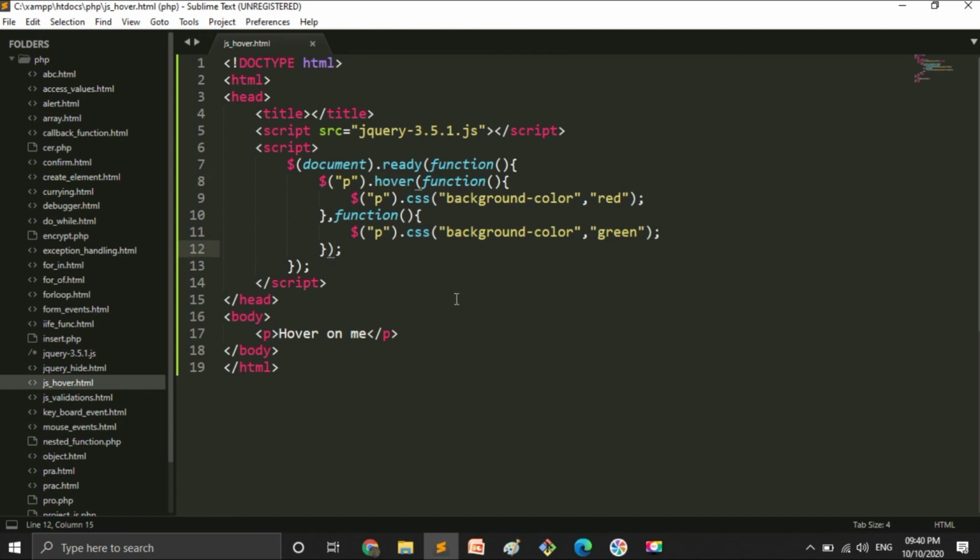So in this way you can download the jQuery file and implement it into the code, and in this way you can perform the hover event. And we have also seen in our last lecture how to implement jQuery using a CDN, and in that we did that when the button is clicked, the text will be hidden. So in this way you can perform jQuery events by implementing jQuery either when you have downloaded it, or by using the